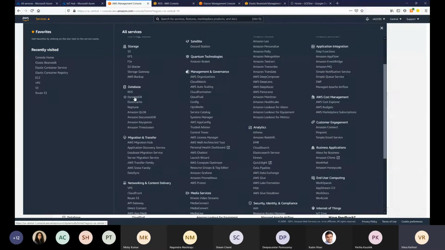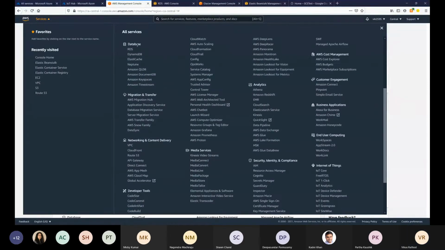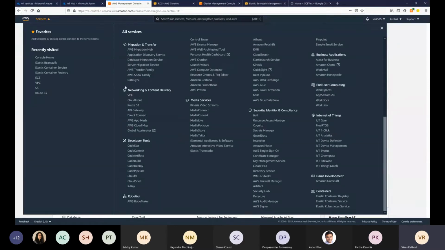DynamoDB is similar to MongoDB. It's a NoSQL database. And the most critical part is networking. On VPC, you can create your own virtual private network, and Route 53 provides DNS services, kind of like if you wanna route your